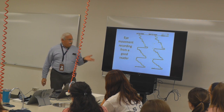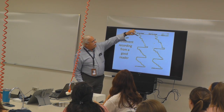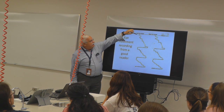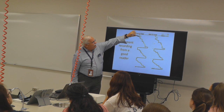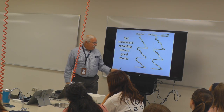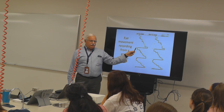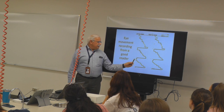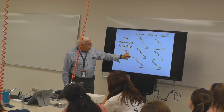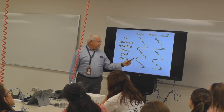Here's a sample of another good reader, but even though this is a good reader, here's a clear example up here of a regression, right? We were fixated here, we jumped back to the left, and then we kept going. And here is a really nice clean return sweep right to the beginning, but here is a return sweep with a little correction, okay? And the duration of this is much shorter in time than here, because it's almost like